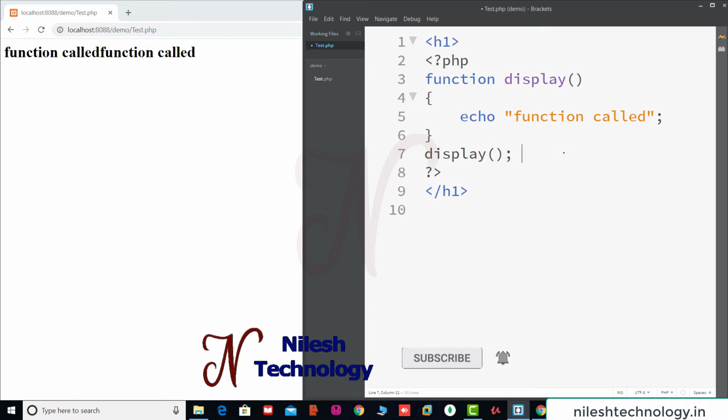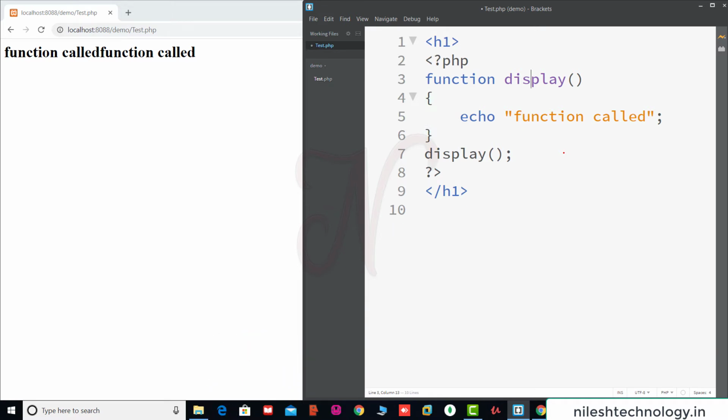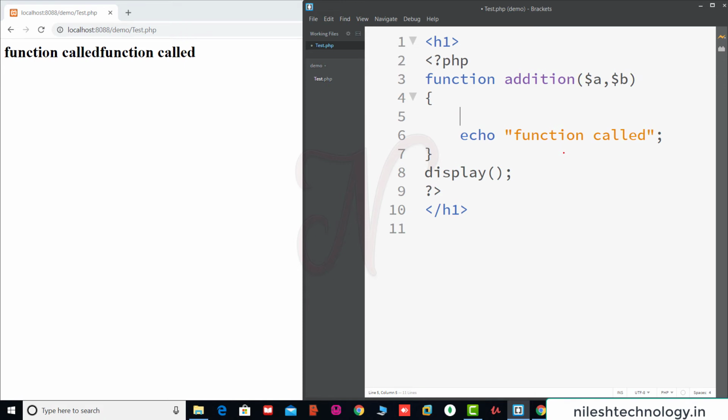Then the next function uses function parameters. For example, my function name is addition. There are two parameters, a and b. Here $answer is equal to a plus b, and return or print $answer.